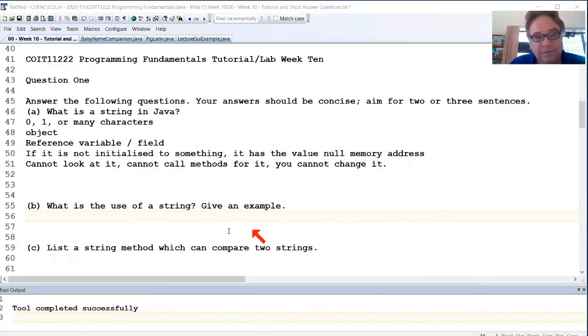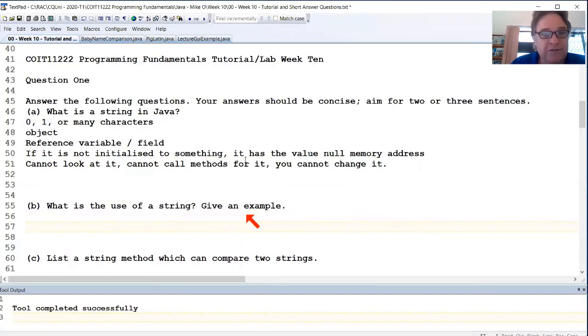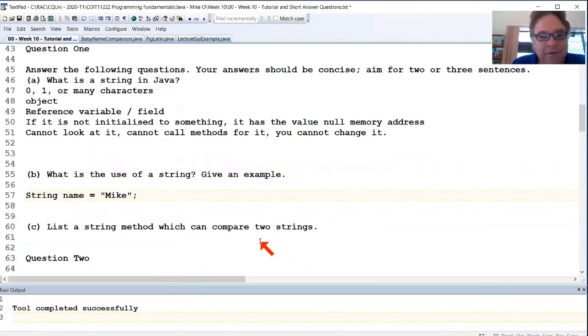Okay. So strings store 0, 1, or many characters. There we go, there's an example. These are pretty basic questions. We've done far beyond these, but